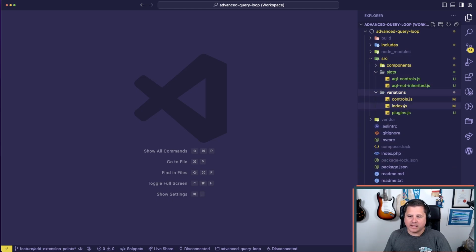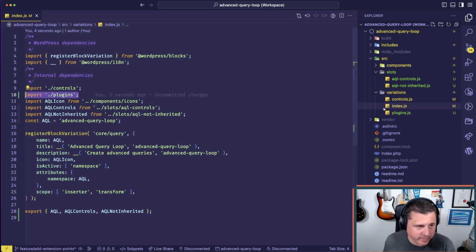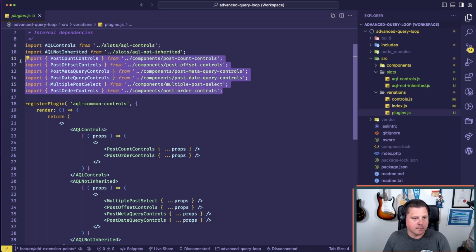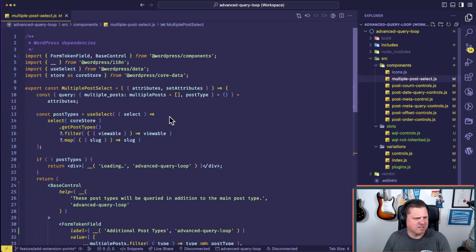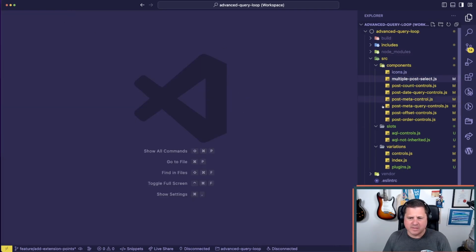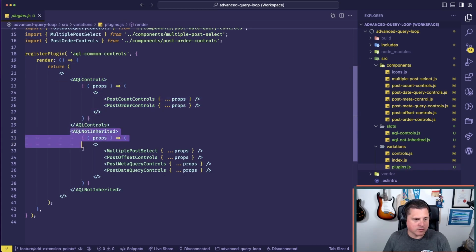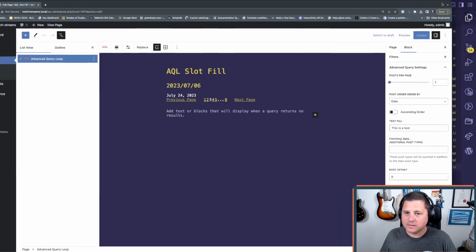Now I'm kind of hacking it a bit in that I am importing the plugins file here. In my plugins file, we are importing our 2 custom slots, which are right here, and then we're importing all of our post controls. Why did I do it like that? Weird. Anyways, we have controls, and then we have controls that are not inherited. So not inherited, which I still think is a horrible name, means that when my settings,